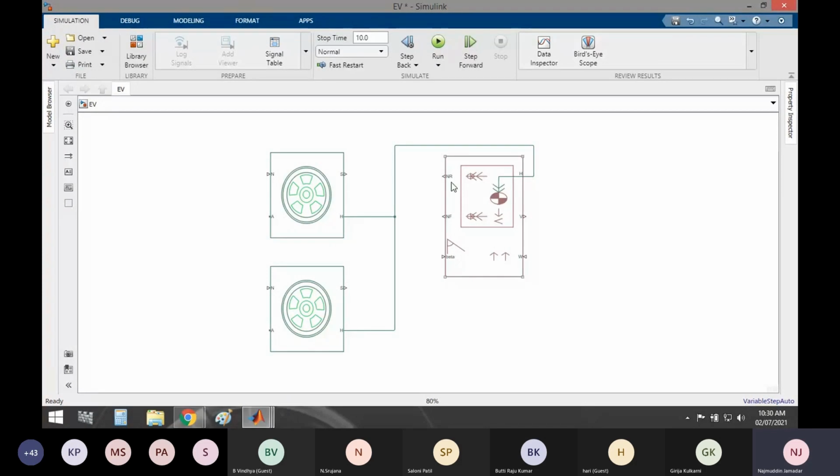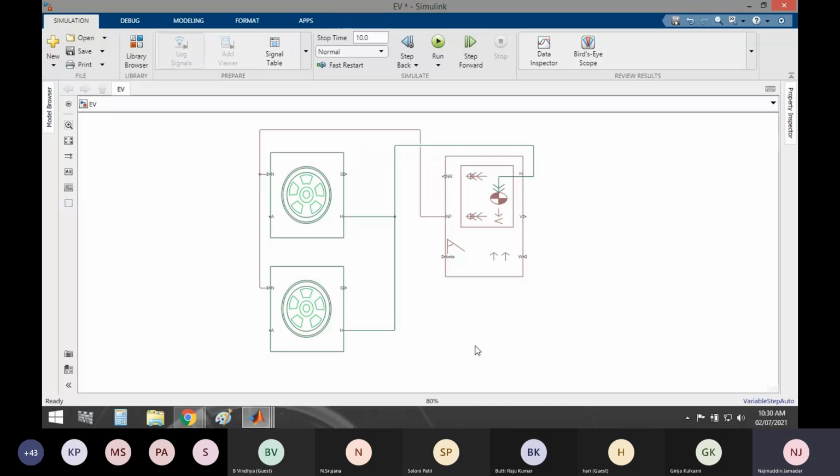Now NR and NF. NF is the front wheel control signal, and NR is the rear wheel control signal. Basically, all the cars are front wheel driven, and heavy vehicles, trucks and buses are rear wheel driven. So we are taking a car example here, and we'll connect the front NF to the control signals here, and the remaining tires similarly.